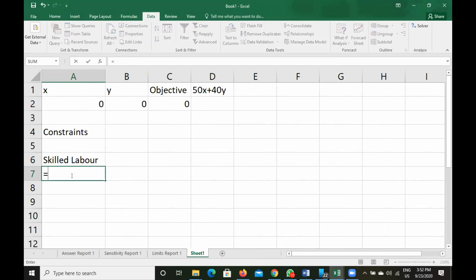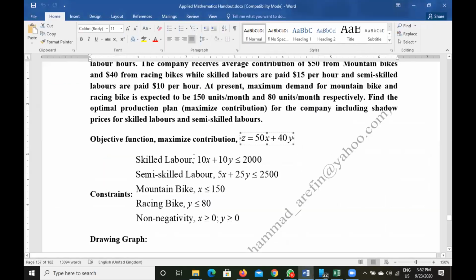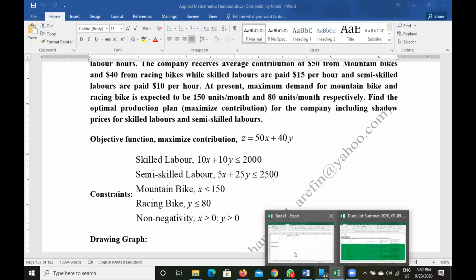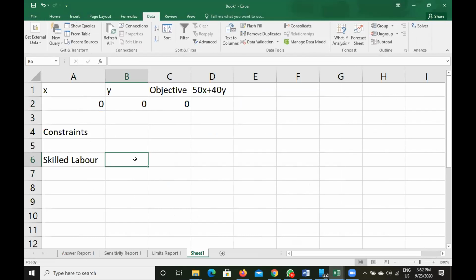Now let us write the formula here first. So skilled labor is 10x plus 10y. The formula for skilled labor is 10x plus 10y. So let us write the formula now.